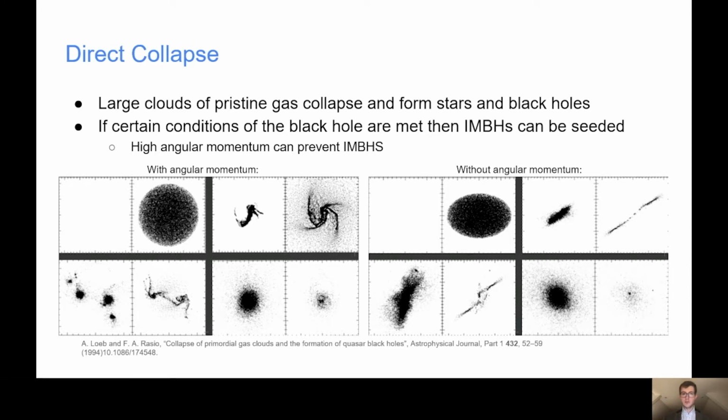This is illustrated by the two figures on the slide. Each figure shows 4 snapshots of characteristic moments in 2 simulations of the collapsing process taken from a 1994 paper. Each snapshot shows 2 types of matter distributions. On the left are highly dense pockets of gas, where one might expect black hole seeds, and on the right